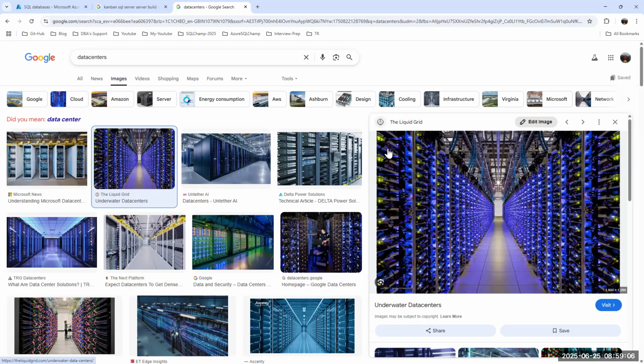Each rack has a common network, common switches, and common power supply. There is no storage here, sir. Storage they will keep separately. They won't keep it here, because storage is very important. Of course, servers are also very important, but storage is doubly important for us.